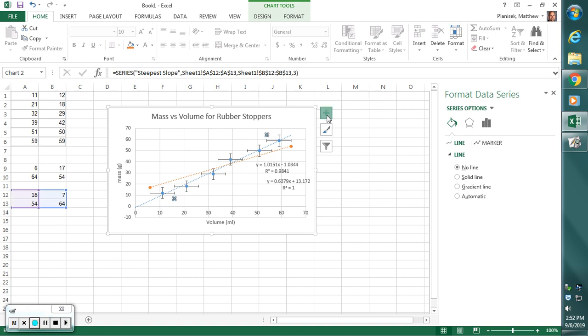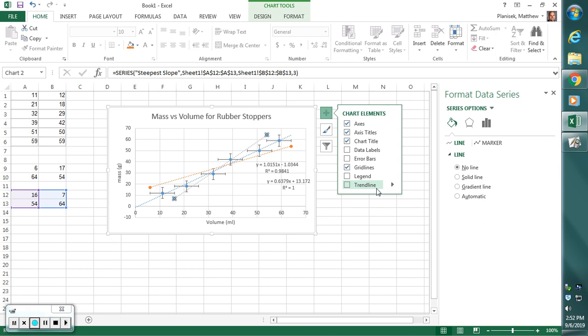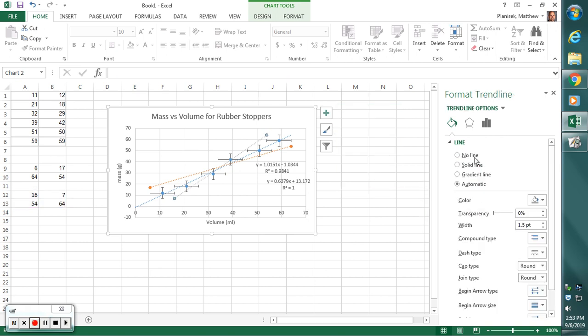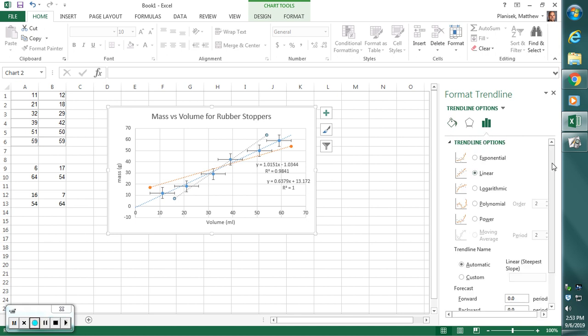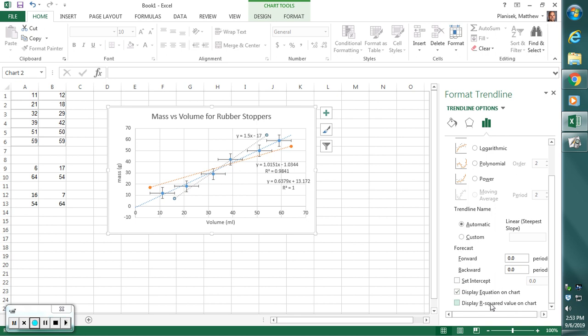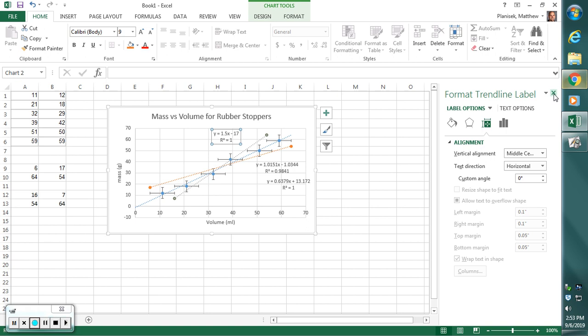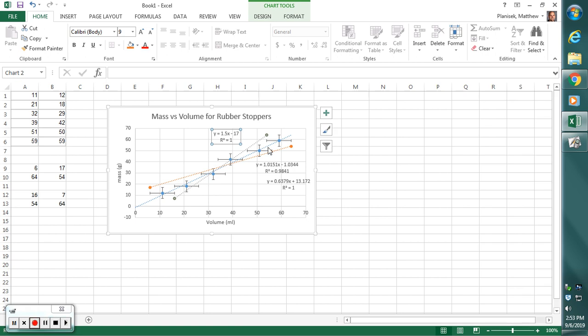I'm going to click the plus sign. Notice trend line is unchecked because we don't have a trend line for these two positions, but I'm going to put one in there. I'm going to hit the arrow. I'm going to go to more options. I still want, click this one up here, I still want it to be a linear trend line. I'm going to put the equation on. I'm going to put the r squared value on. I'm going to slide this over here. I'm going to get rid of the box. And now we have added two new lines that represent what could be the possibly steepest slope of this graph